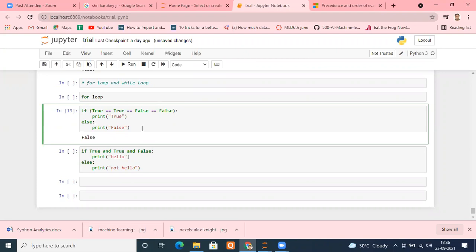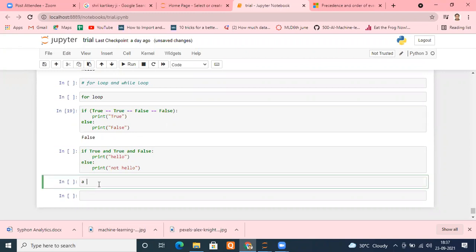Always what we do, we first of all compute something, then we compute something, then we compute something until there is an operator precedence there. If there is an operator precedence, definitely I can make out. For example, I type an expression like 3 plus 2 multiplied by 5. If we know the operator precedence, then definitely we know that multiplication is given first priority, then addition is given. In that case, we are able to do that very properly.